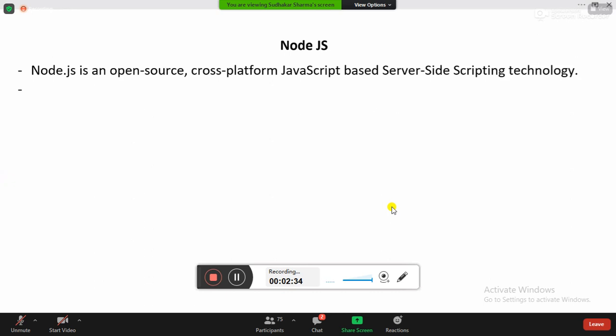That means Node.js uses a JavaScript runtime environment. Actually, you know what a runtime is? Generally, a runtime environment provides an environment where we can build, debug, and test everything. So it is a JavaScript-based runtime environment that executes on